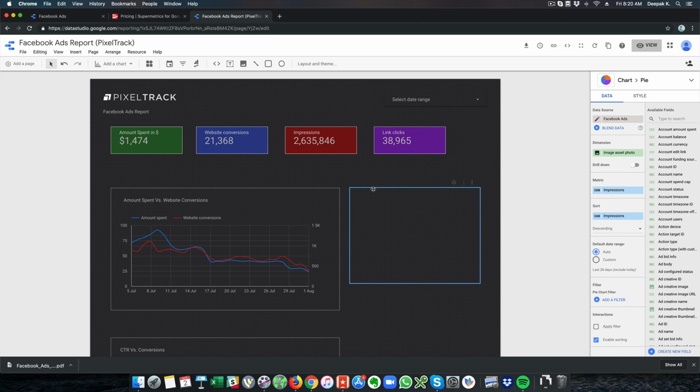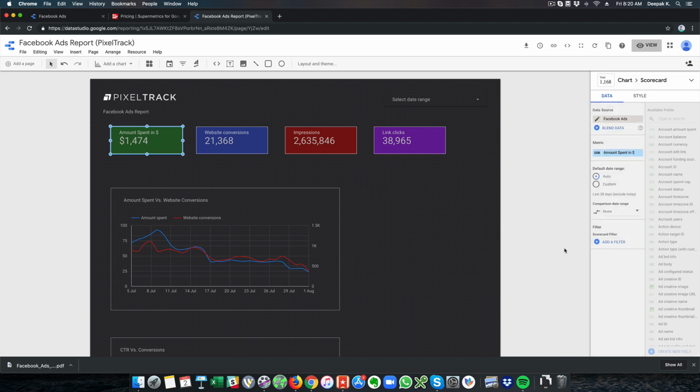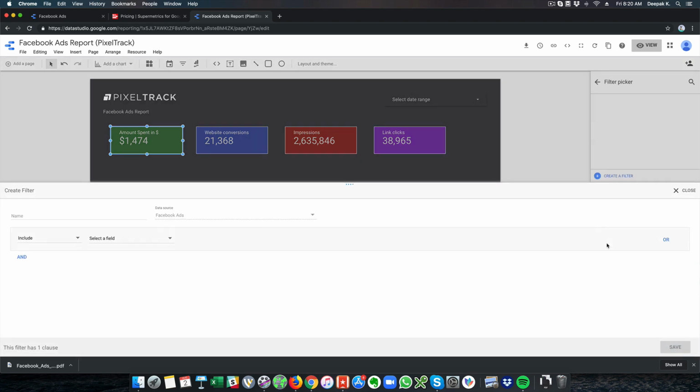There are also filters. So if you want to go ahead and filter one particular campaign's conversions, then I would click on add filter, and inside add filter, let's say LDM conversions. Right now, if you have observed, I just have one campaign actively running, so all the data is reflecting just one campaign. But let's say you have multiple campaigns and you want to just get data for a specific campaign and create a report just for a specific campaign. It could be for a client or it could be for a specific project that you are doing.